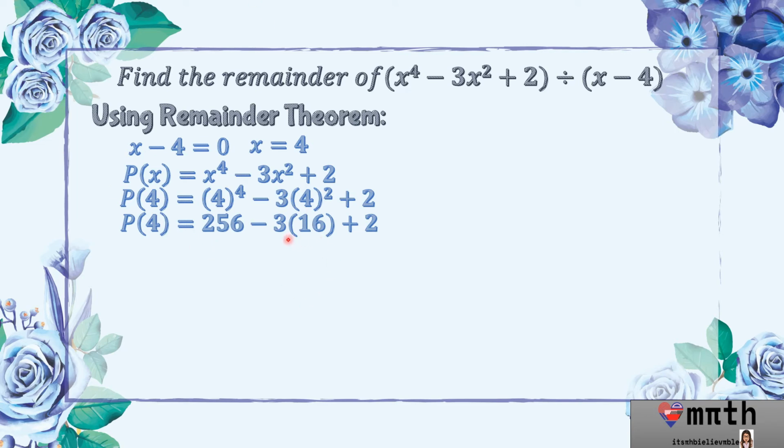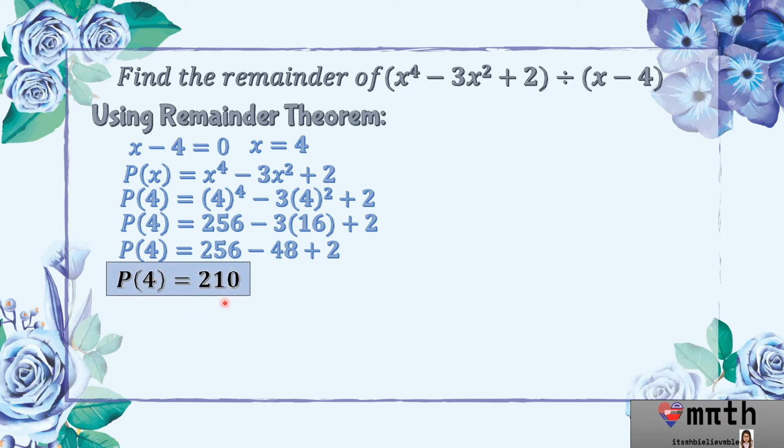And now, let us simplify 3 times 16, which is equal to 48. 256 minus 48 is equal to what? Okay, then add 2, that will be equal to 210. Now, let us compare if the remainder under the synthetic division method will be the same as the remainder theorem, which